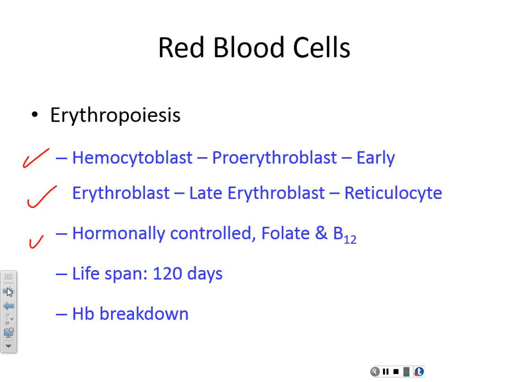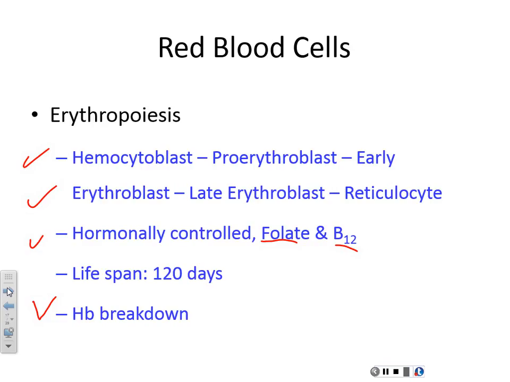Okay. Hormonally controlled, by erythropoietin, EPO, right? When your red blood cells go down, you release erythropoietin from the kidneys, right? Because the kidneys are filtering blood, they know what's going on. Okay, and then you need vitamin B. Folate is a vitamin B, and B12. You need that. And iron, of course. All right, lifespan we talked about, around 120 days, and then we need to know about hemoglobin breakdown,